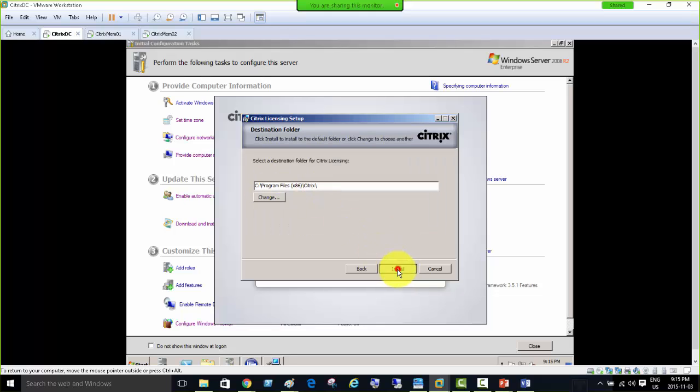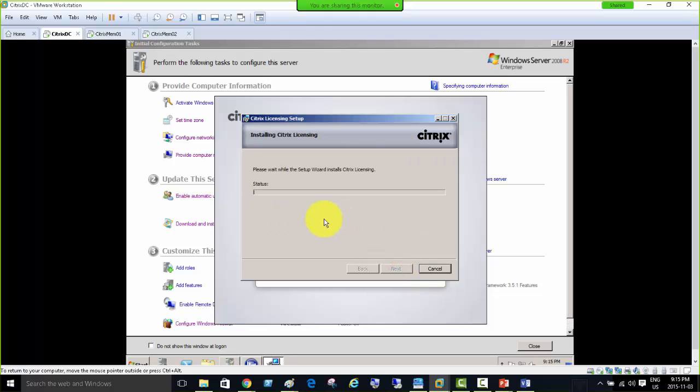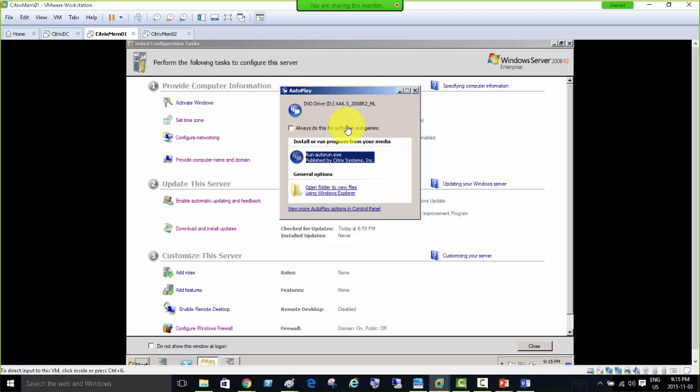Yes, this is the path. We're going to install the licensing portion role of the Citrix server. While this goes on, I could save time and go to the second server where the auto